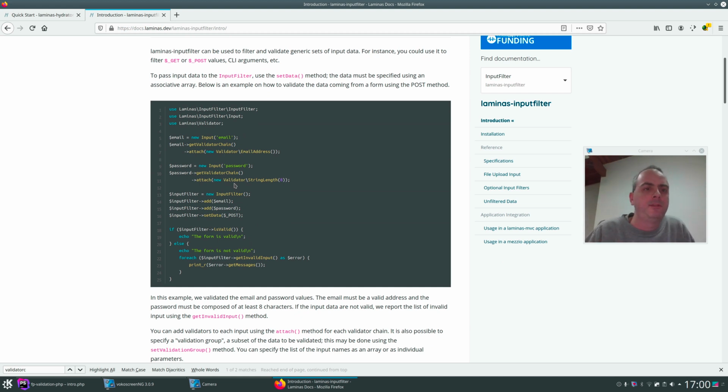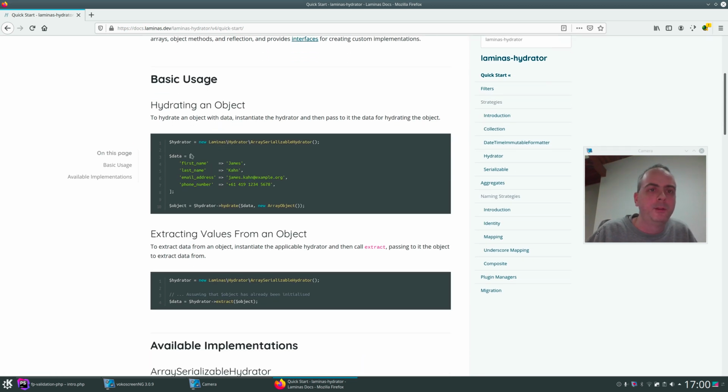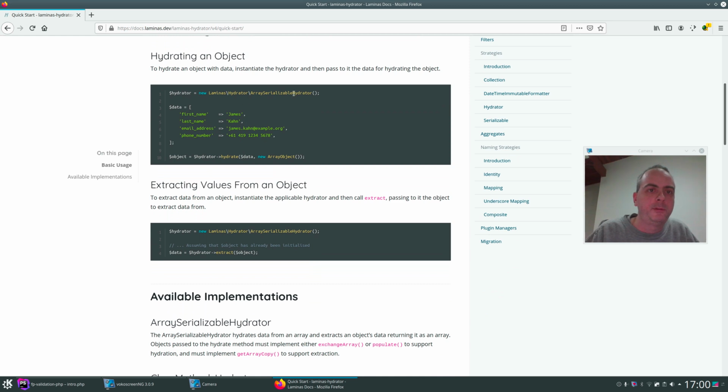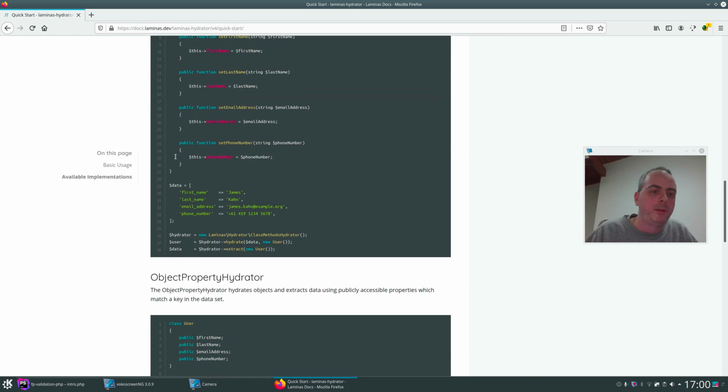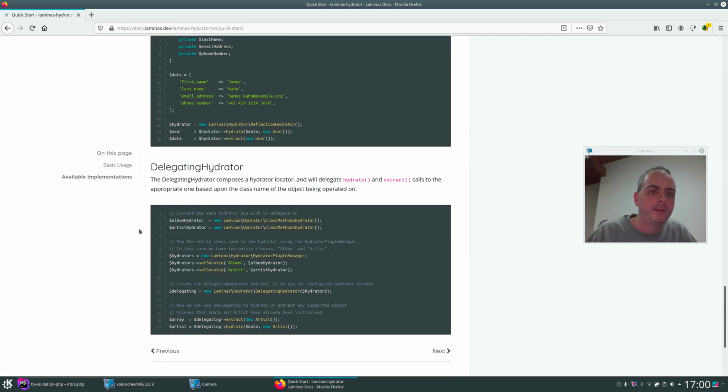And once you have this input validated, that's fine, and then you want to turn it into an object. So there's another component, Laminas hydrator. For example, you have an array serializable hydrator, there's some data, and then you get some object once you hydrated this. There are different things here, object property hydrator, reflection hydrator, and so on and so on. So the basic thing in an object-oriented library is you have some kind of huge amount of classes that you want to work with, and